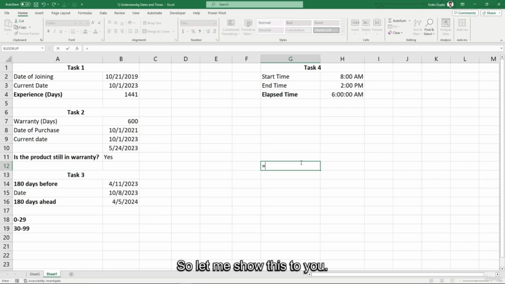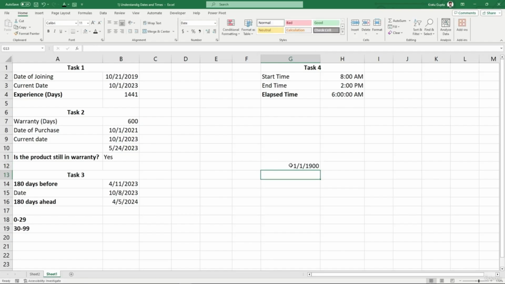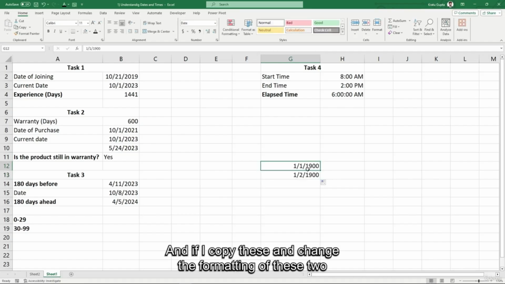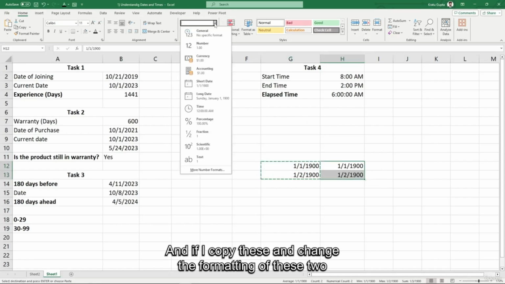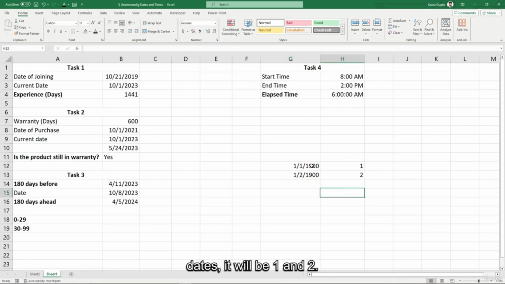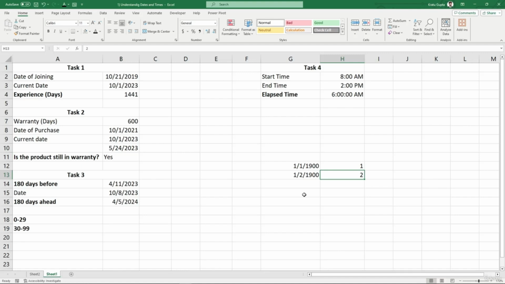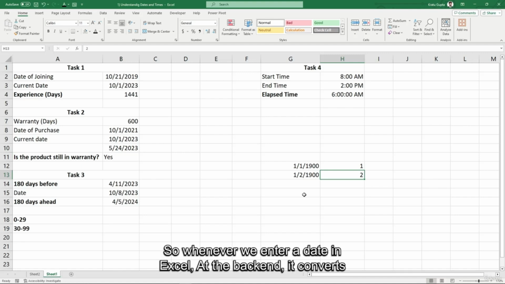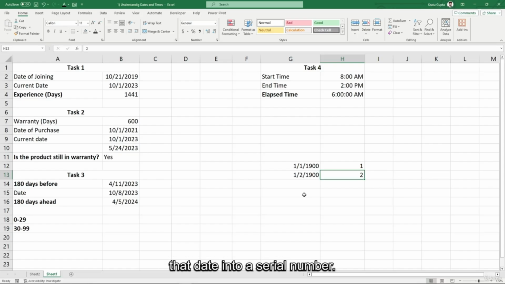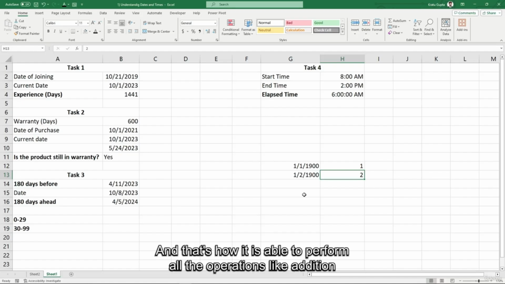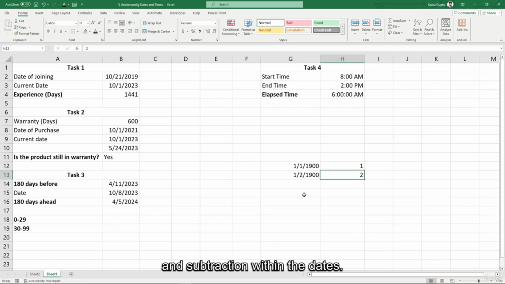So let me show this to you. And if I copy these and change the formatting of these two dates, it will be 1 and 2. And now if we subtract both the dates and both the numbers, we will get the same result. So whenever we enter a date in Excel, at the back end, it converts that date into a serial number. And that's how it is able to perform all the operations like addition and subtraction